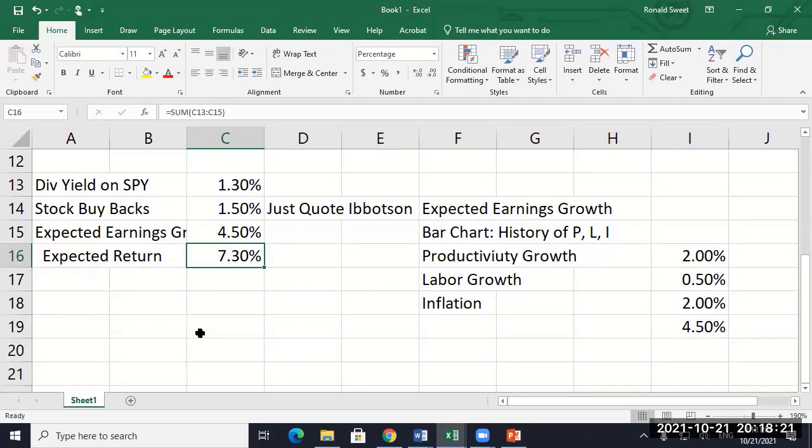Y'all know what I was assuming five years into my career for stock returns? Anyone want to guess what we assumed as the long-term expected return on stocks? Not 7.3. Do you think it'd be higher or lower? In the 90s? Somewhat higher, a whole lot higher? Yeah, we were assuming 11, 12, 13%.